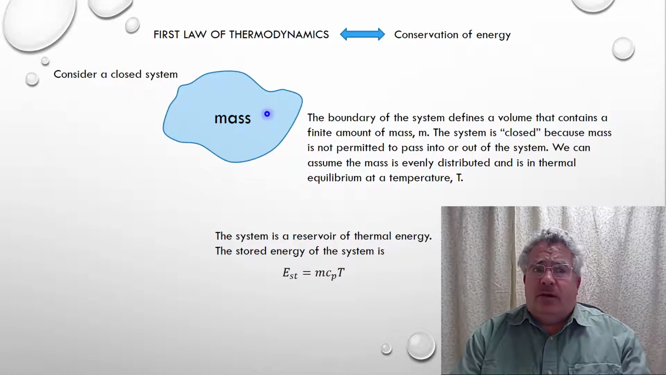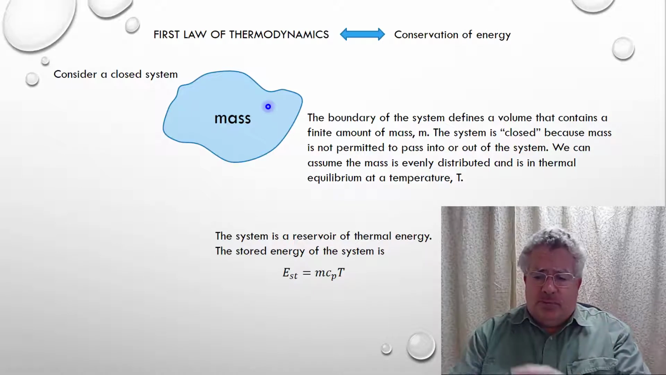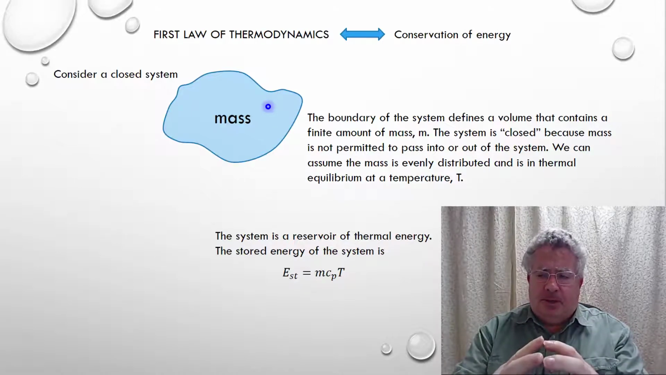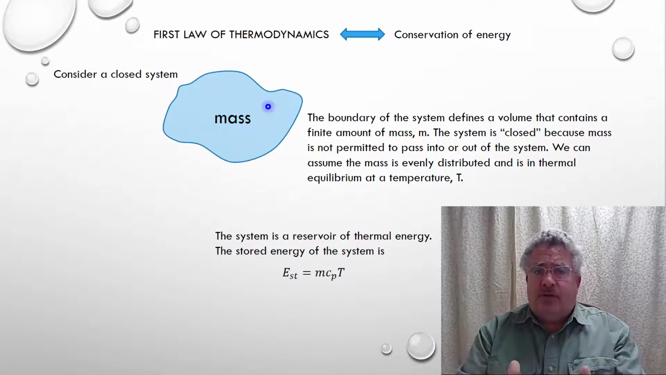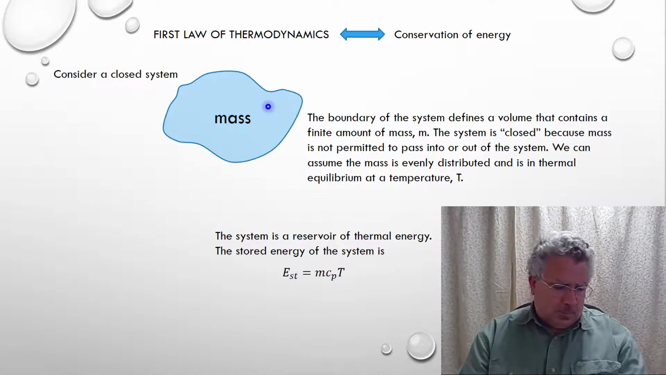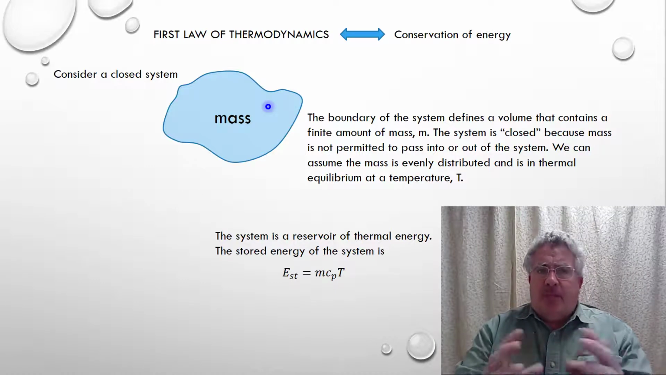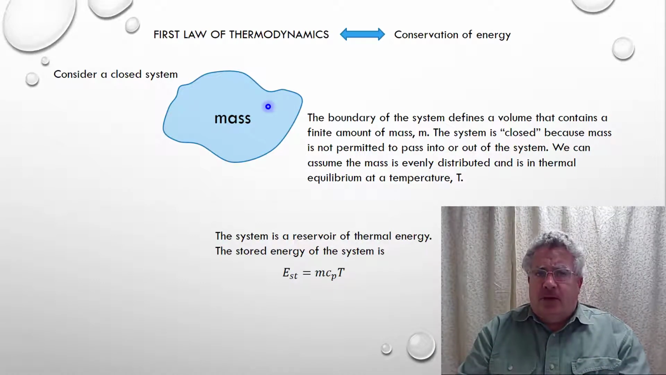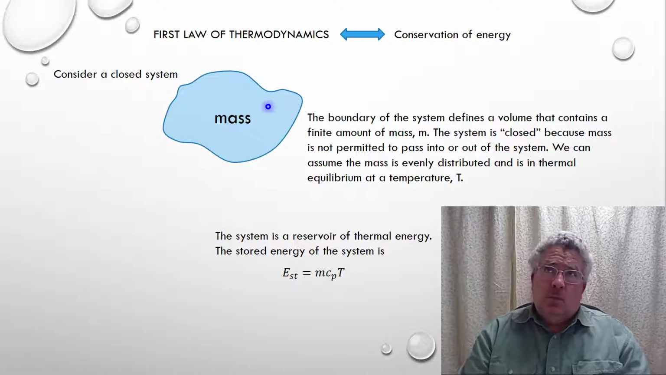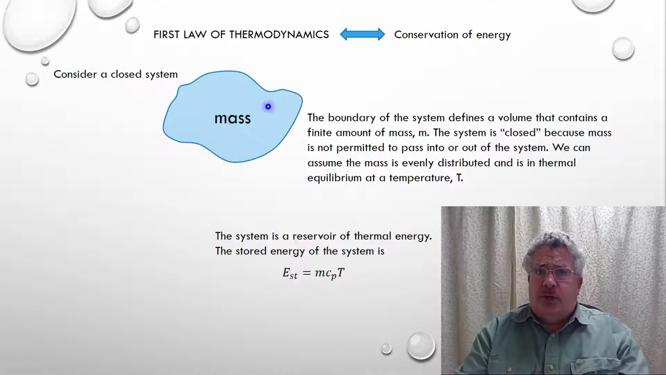That boundary encloses a set volume. So this closed system, which has a boundary that encloses a set amount of mass, can be considered as a